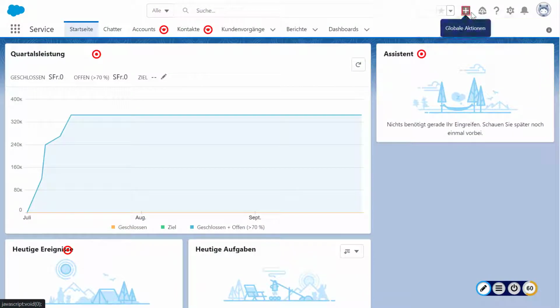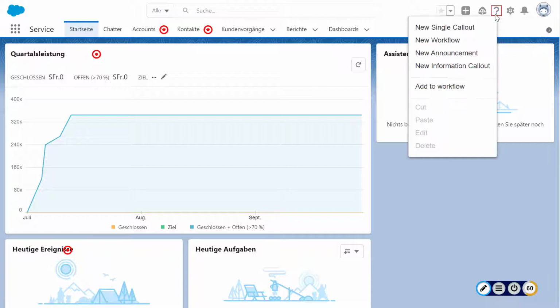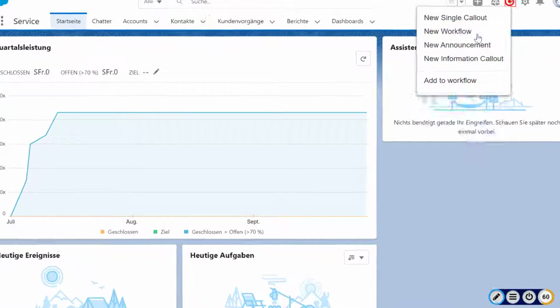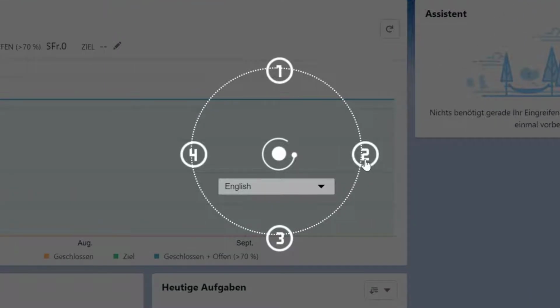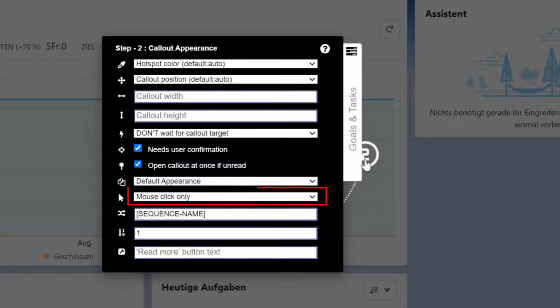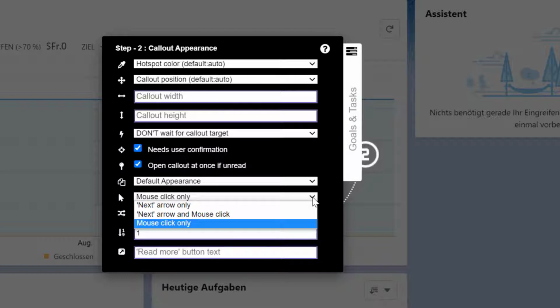What Gravity does here is give the content author hints for target elements which work best as workflow step targets. If you then decide to create a workflow step, we automatically set the navigation to mouse click only. Adding a workflow step will be clearer and faster since we can predict what will be the best configuration for the selected element.